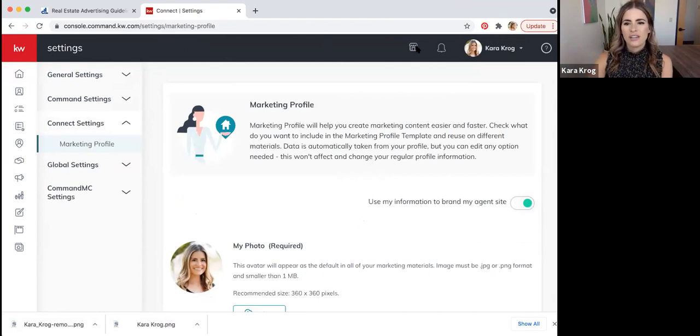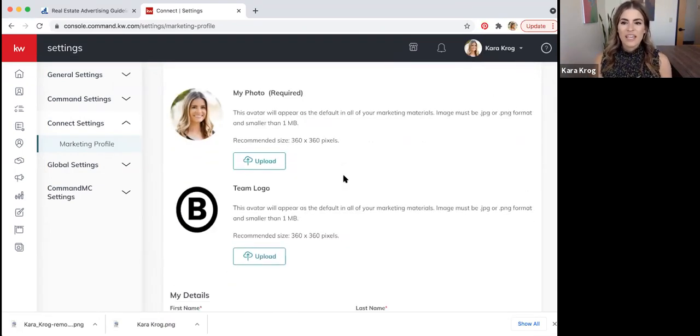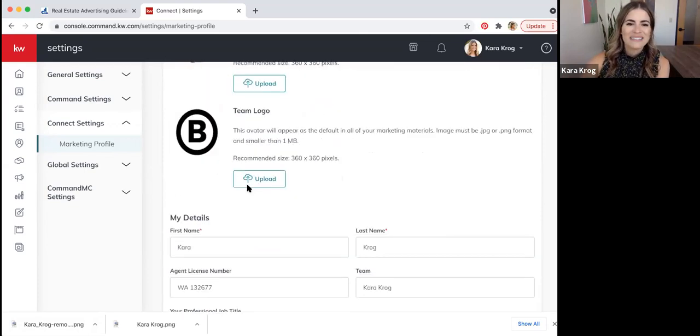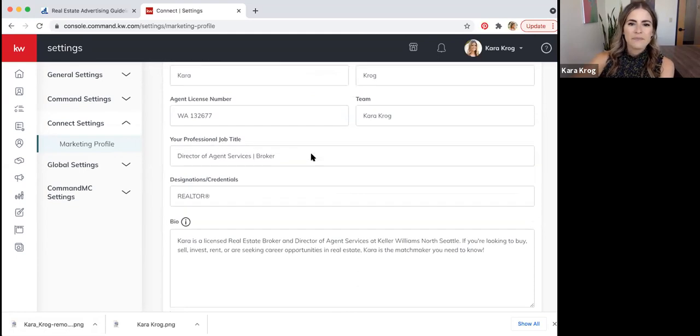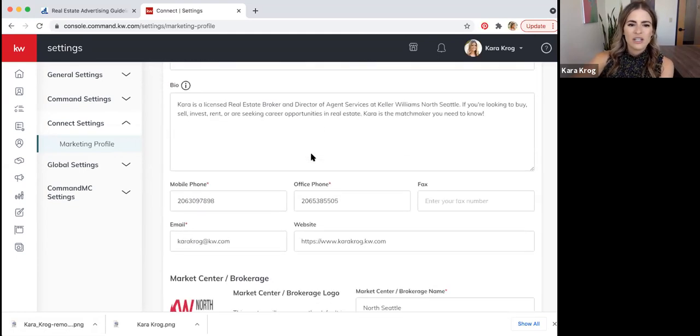Now, the reason why we're starting here, just like we start here in most of our Command classes, is because all of the information that we put in our marketing profile is going to get pushed into the other things that we do on this site. So again, when we're looking for that consistency, we want our logos on here, all of that. This is where I could upload that logo that I just made for myself. I'm not going to because I don't love it and I'm not trying to put that on all of my marketing pieces, but we will use it later. But here's a good place for you to put that once you do get that established. Your name, all your information on here.